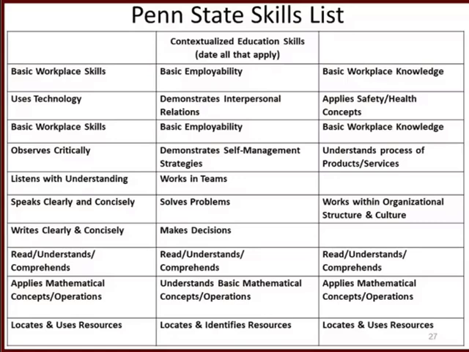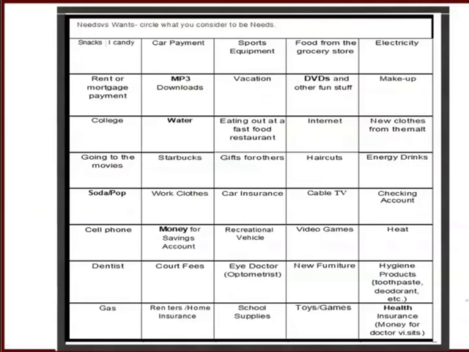And one of the things that we use is this Penn State skills list. What I have my instructors do is, as they are going to be teaching this particular skill, they date that. This was actually given at a conference by the adult education director for Penn State. I've found that this was really something very useful for my instructors to be able to use also. Now, this is going to be part of your introduction for your lesson plan.